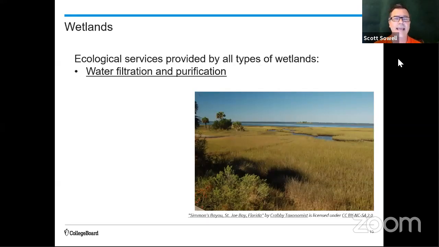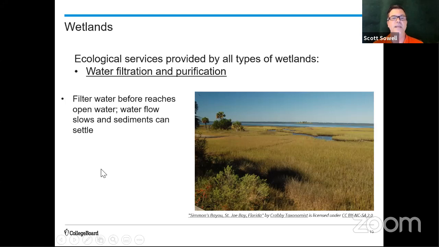All right, so why do we care? Why do we care about these wetlands? So we have some ecological services that are really, really important. First of all, water filtration and purification. So I want you to imagine over here on the left-hand side, there's a flowing river that is going to eventually empty into this large body of water like an ocean over here. But in between this fast flowing water and this other body of water, we've got this marsh right here. And this marsh almost acts like a speed bump, and it slows that water down. And as the water slows down, some of the sediments can settle out, so the water is a little bit